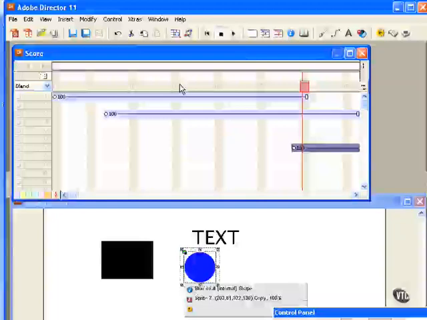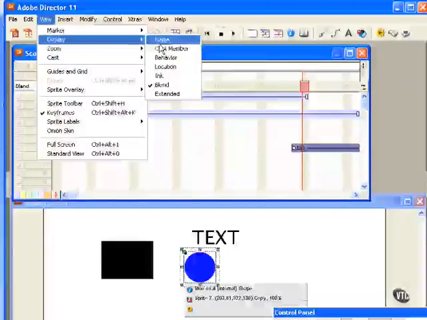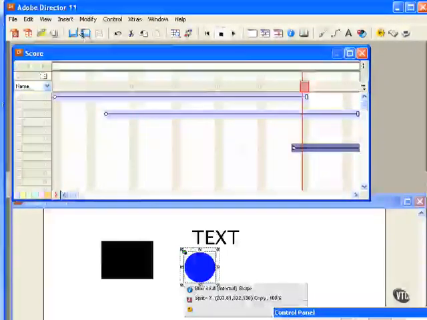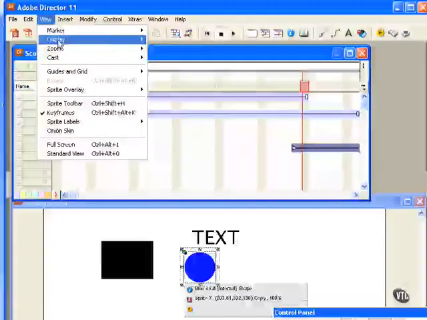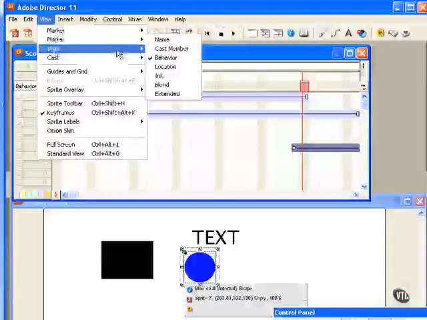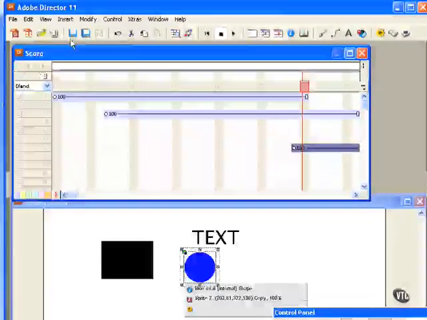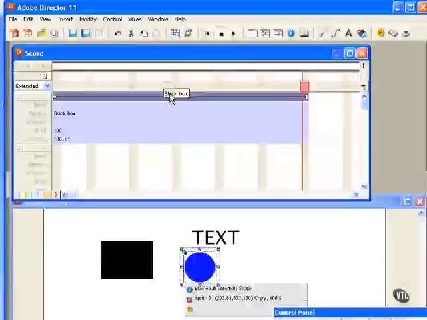You can also control the way that the score displays up here in the main menu under View, Display. Notice you have your same options here. Name, behavior, cast member, ink, or blend. You also have something here called Extended. This shows an extended information about each of those sprite spans, and you can control the information that's displayed here